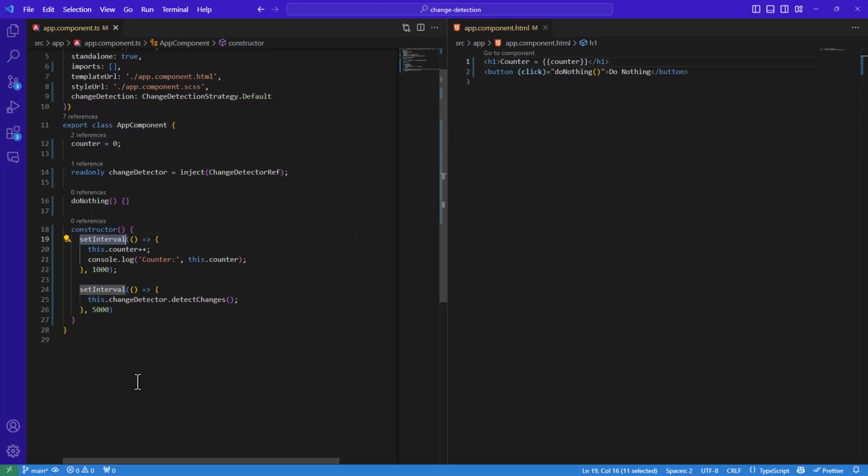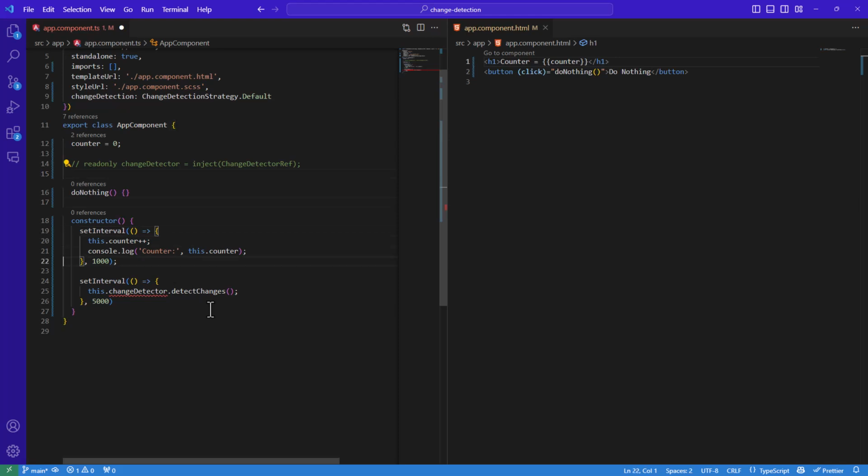And Zone.js alerts Angular, and it allows Angular to respond by running the change detector. And in that case, we do not need to inject the change detector ref, and we definitely don't need to call it. So I'm going to put these on